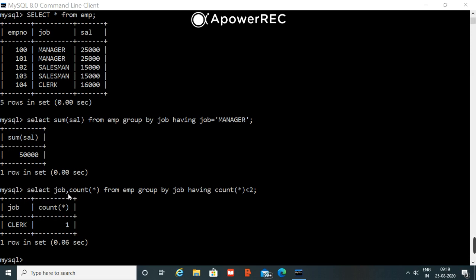Select job, count asterisk from employee group by job having count less than 2. Means where the count of employees is less than 2, that category is going to be shown over here. Now thank you very much.